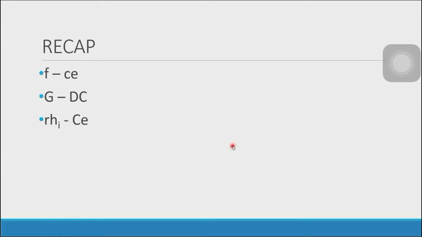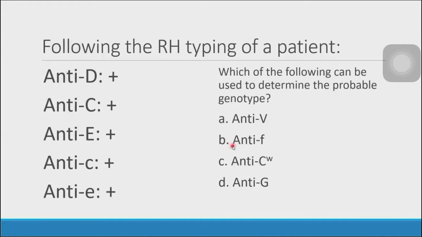Both the V and the CW antigens are low prevalence antigens. So in here, pwede mo nang ma-eliminate si CW and anti-V, kasi they are both low prevalence antigens. Most probably, pag yun yung ginamit mo, mahirap ma-detect since they are low prevalence. So, it's either letter B or anti-F, anti-G. Pwede mo na kagad ma-answeran yun?